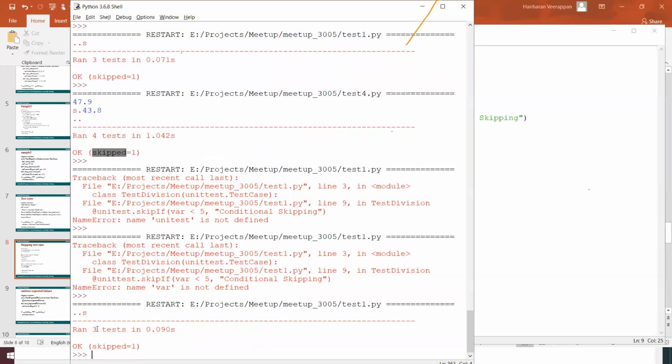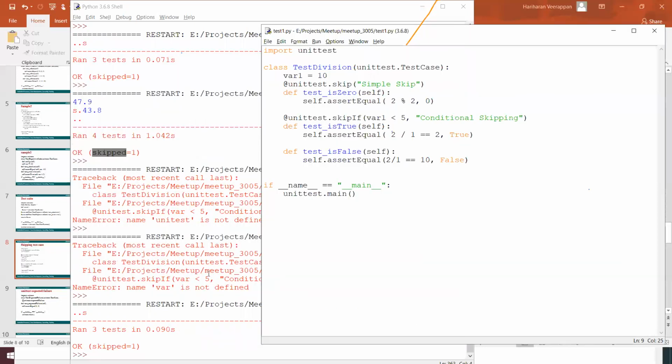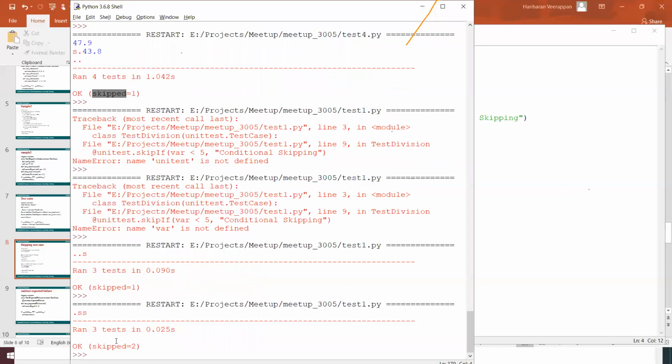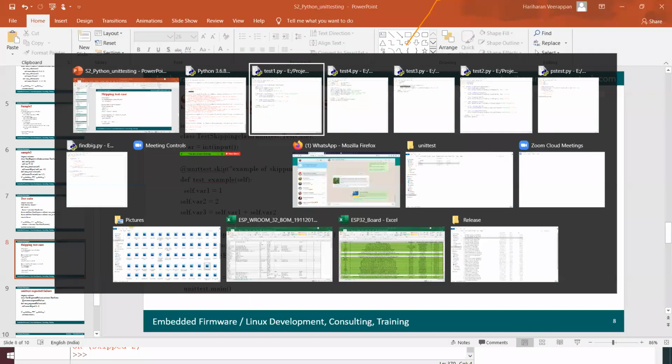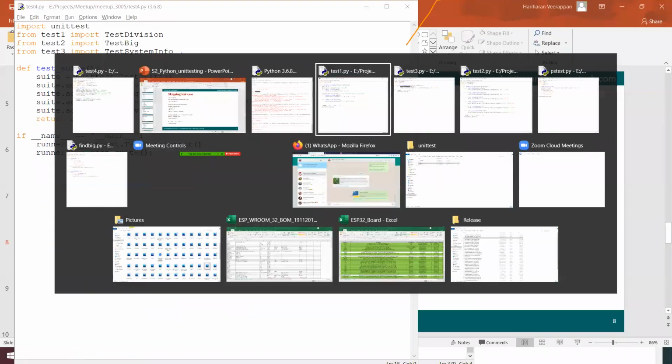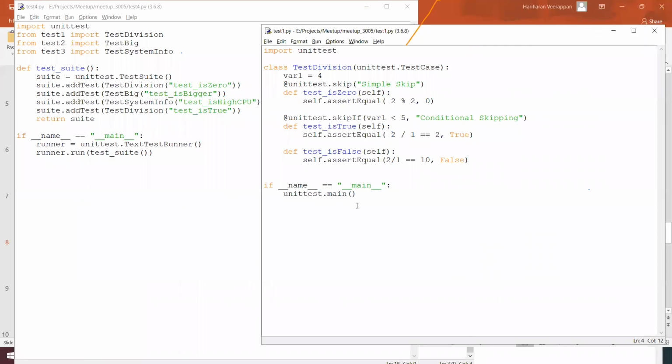We got three test cases, and only one test case got skipped over here. If I define this variable 1 as 4 and run this again, we get two test cases skipped, because we are checking the test condition that variable 1 is less than 5.